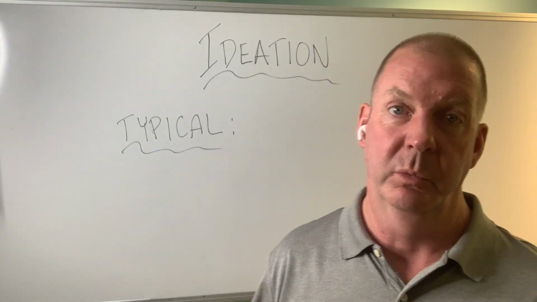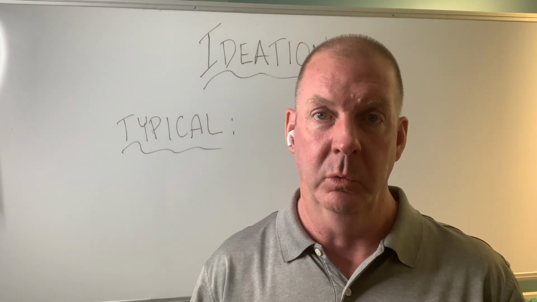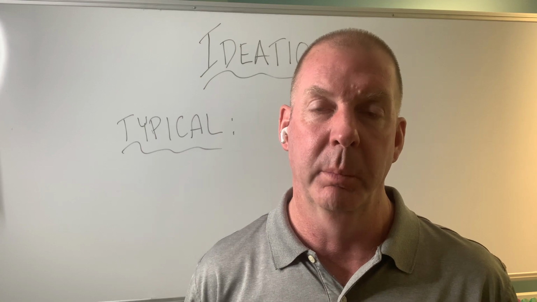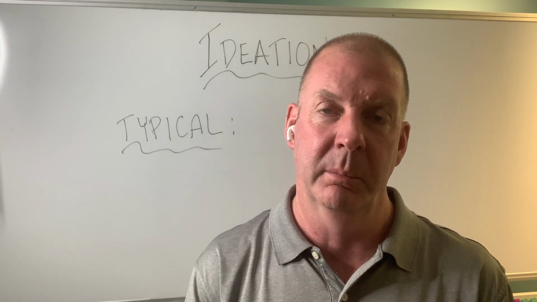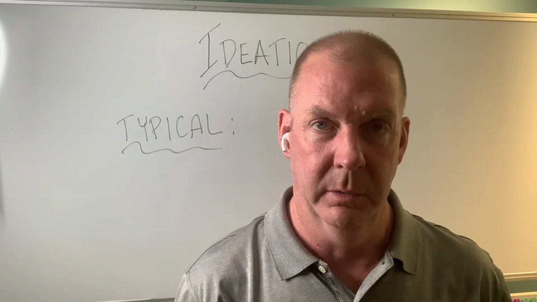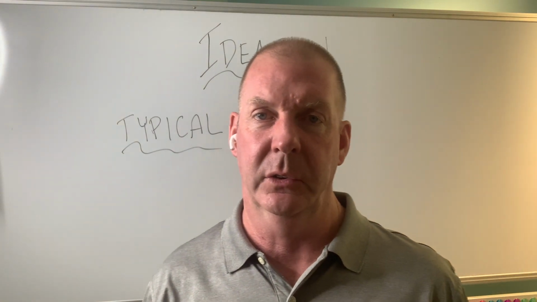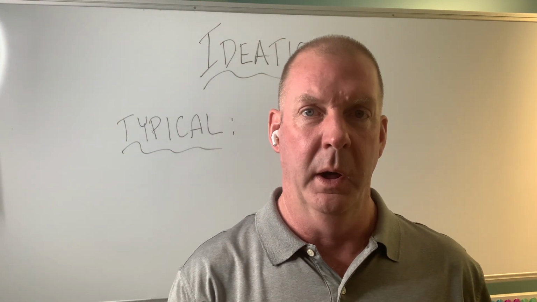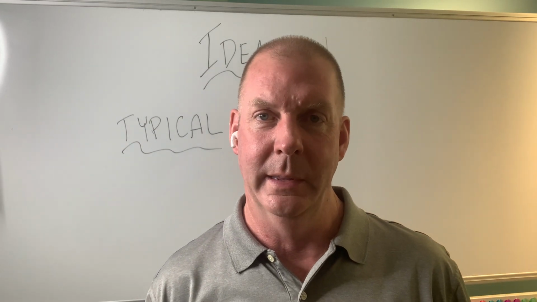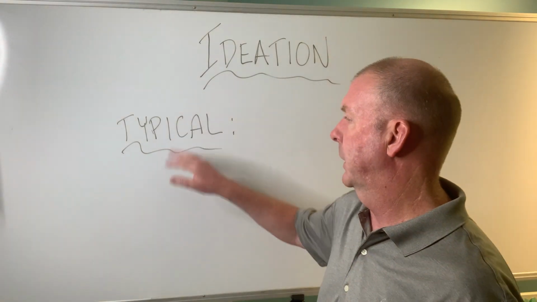Sometimes we definitely value quantity over quality, and we can go either way with that. We can go too much on one side or the other, but we're looking for a healthy mix. Sometimes we just go for, let's just get 1,000 ideas up there. The whole story of the rule of six is to get off of one, but do we need to focus on just quantity, not really caring about quality? That's how it typically works.